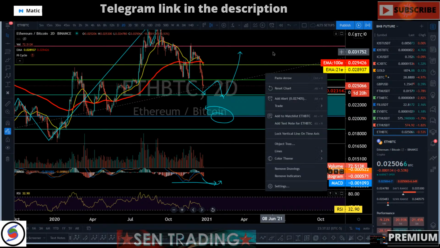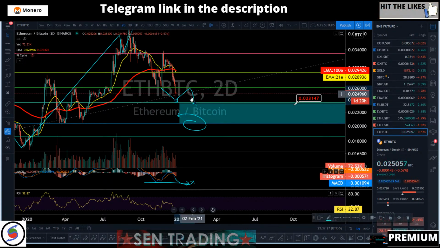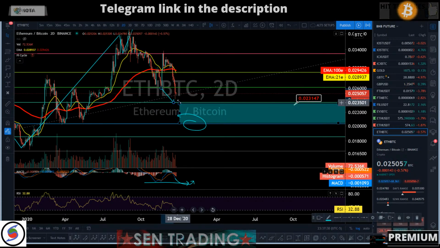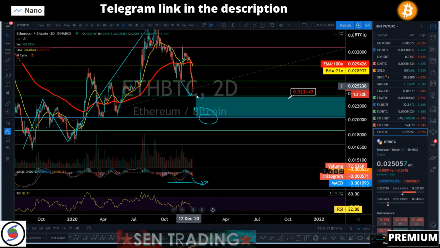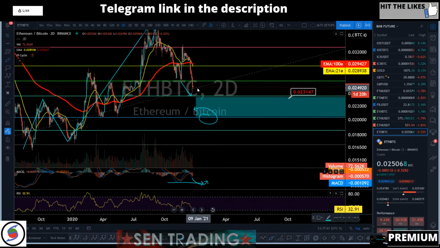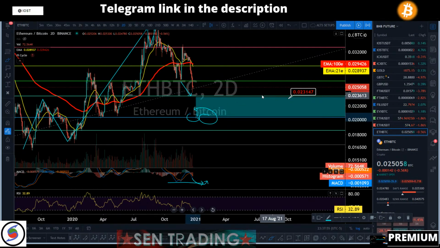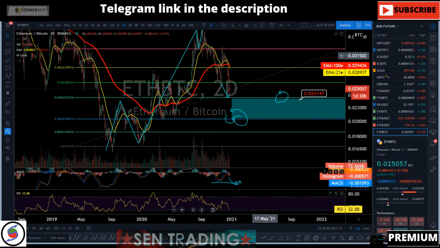Yeah, but Ether is almost at the 0.618 target. It is not time to sell Ether into BTC. If BTC drops 10%, Ether might as well just drop 10%. It means Ether BTC might not drop a lot. But if Ether BTC decides to drop much lower, we've got 0.786, which is just about a 0.02. But the primary buy versus BTC is going to be 0.023. Okay, that's a primary buy.